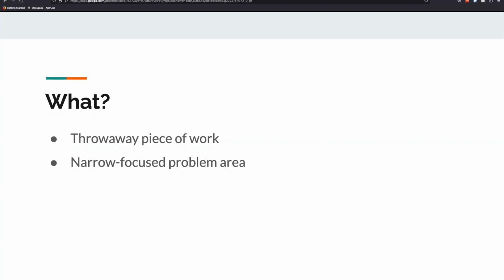Essentially, the goal for a proof of concept is to prove only one thing, that the solution is best fit for whatever goal we set out to reach. Therefore, the goal must also be super focused, zeroing in only on one particular problem area. This is also very important because if the proof of concept is trying to tackle too many problems, there are too many variables for us to judge if the solution is best fit.